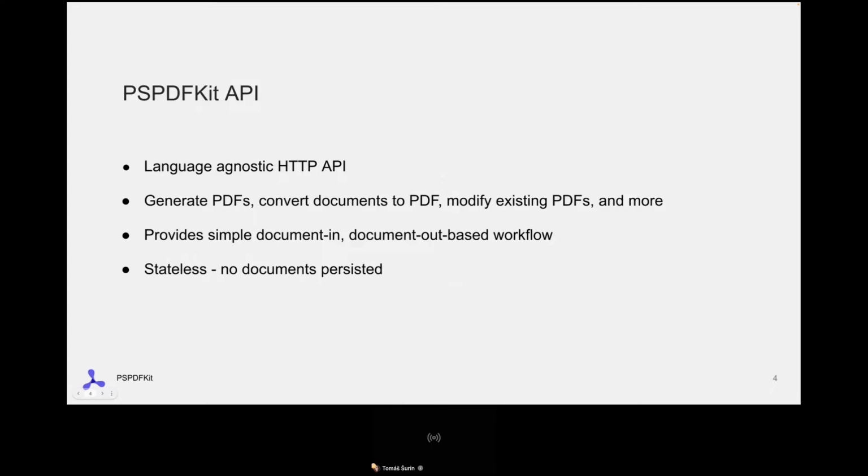In terms of feature scope, we provide a wide range of PDF processing and document processing tools, ranging from generating PDFs from templates, converting Office documents or images to PDFs, or modifying existing PDFs, and so on. The API provides a very simple but rich workflow, where you provide all the input documents, send a request to the API endpoint, and you get back the